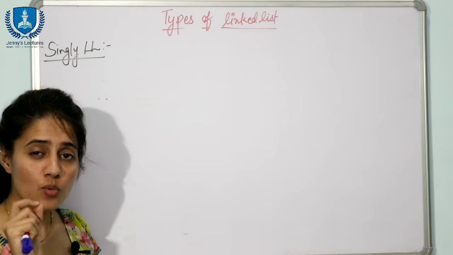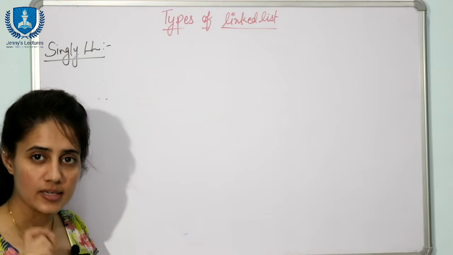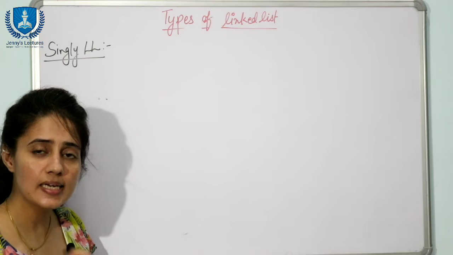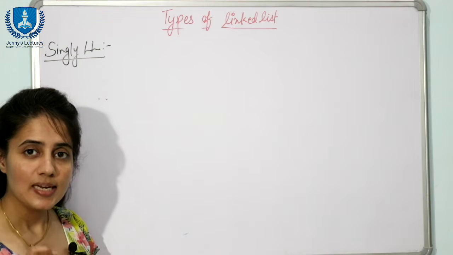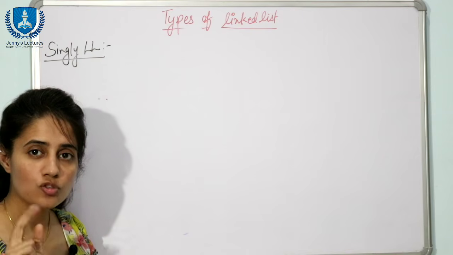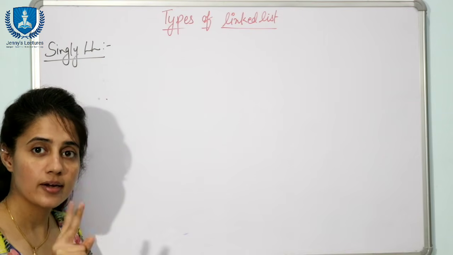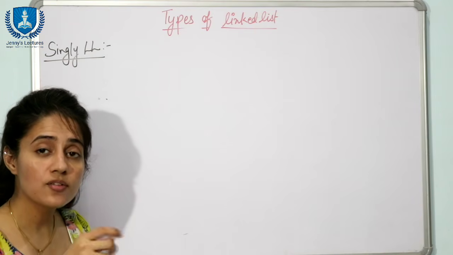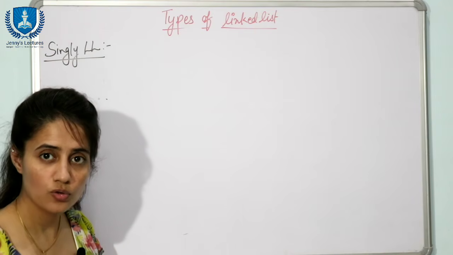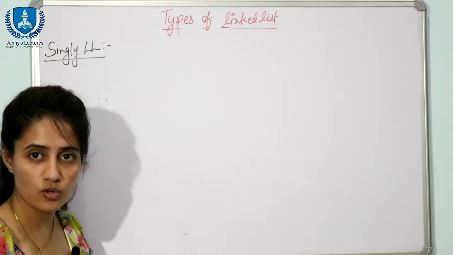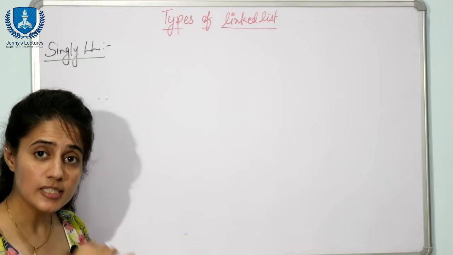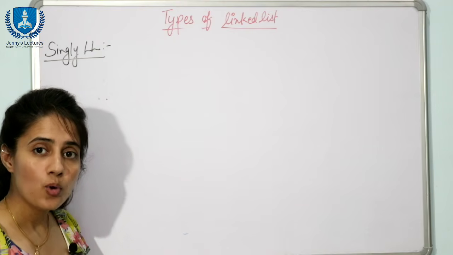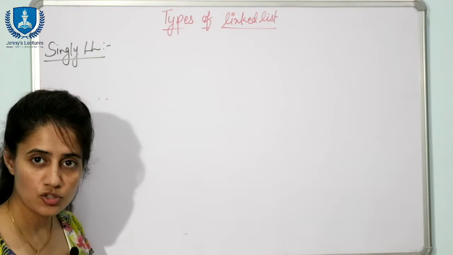Singly linked list is the most commonly used linked list. When you say linked list, it means you are studying singly linked list. In singly linked list, each node contains 2 parts. One is data part and next one is address part, right? And that address part contains address of next node, or you can say address of the successor node, fine. Or you can say in singly linked list, each node contains data part and a pointer to its next node,